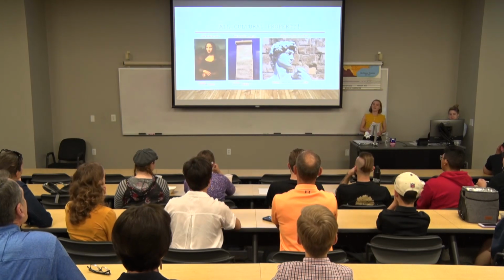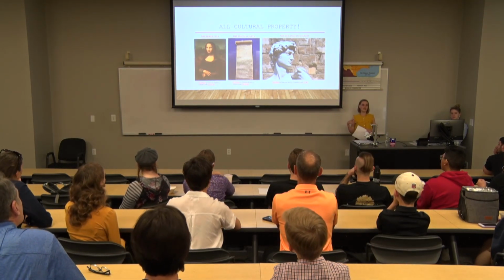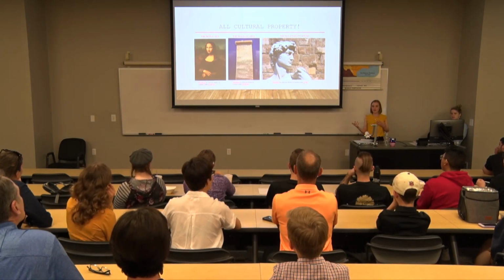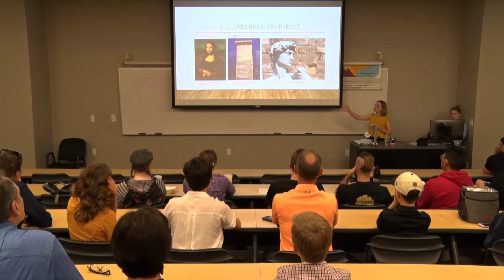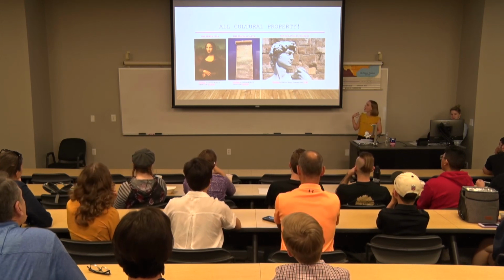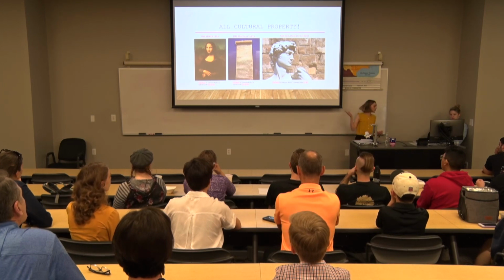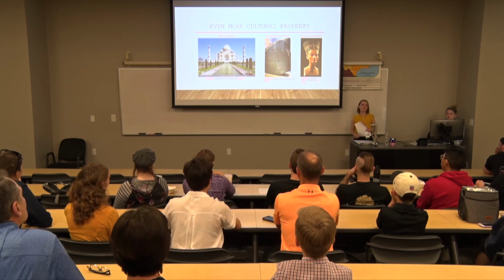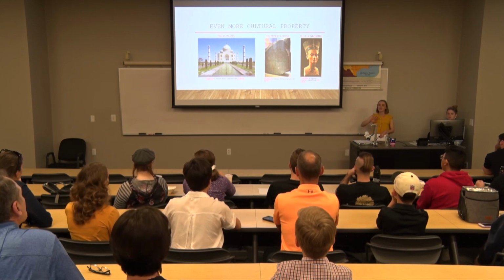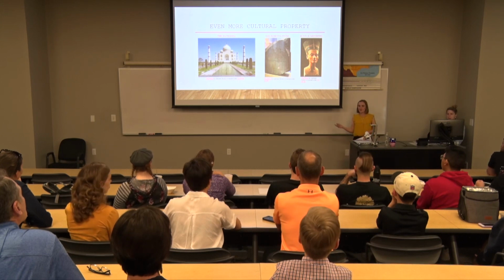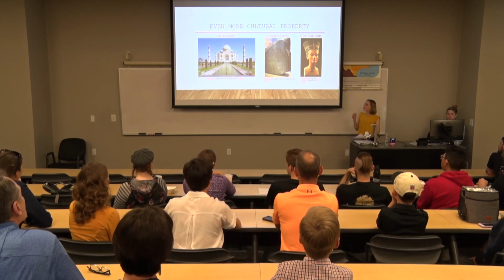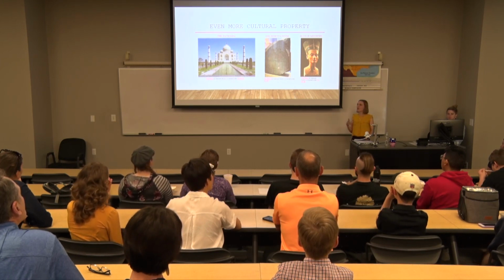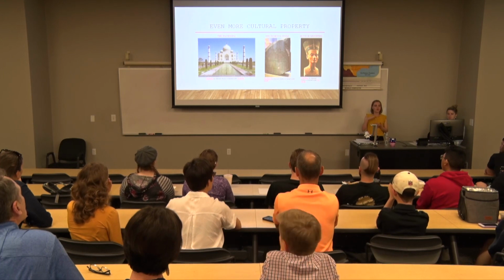Next slide, please. I also wanted to show you examples because it's easy to think that cultural property could be a piece of art on the wall, but as we can see from that definition, it consists of so much more. Of course we have things like the Mona Lisa, but we also have the Magna Carta and Michelangelo's David. On the next slide we have the Taj Mahal, the Rosetta Stone, and the bust of Nefertiti. These are all cultural property items, and obviously these are heavy hitters. Most of you probably know at least one or two of these things. But cultural property is not just these famous, prominent items. It also consists of lesser-known works and anything that falls within those two definitions that I showed a few slides ago.